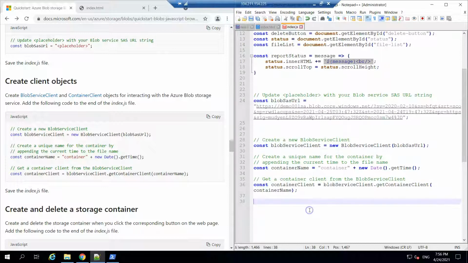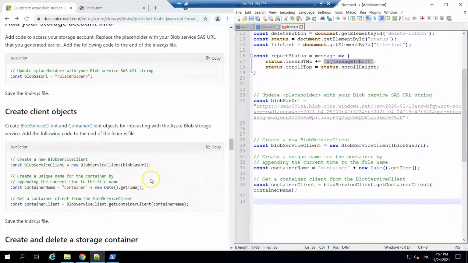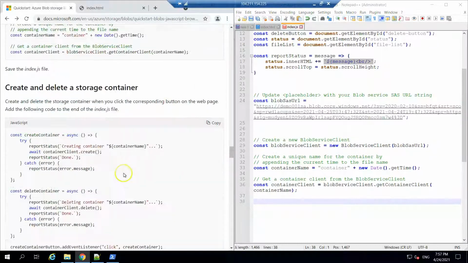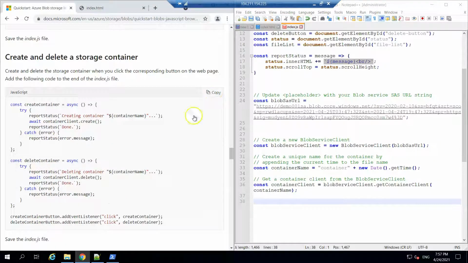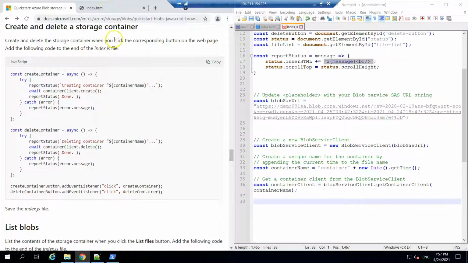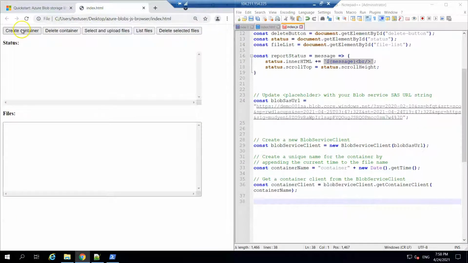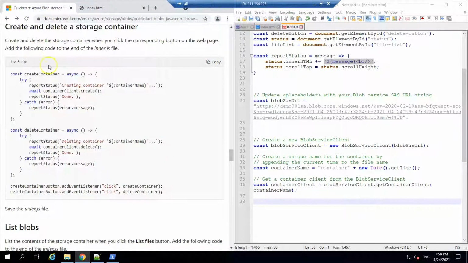Clear? And from here onwards, we can just copy and paste the code available over here as it is. As you can understand, these are tiny pieces of code which are associated with an event on UI elements. For example, if a click happens on create container button, this piece of code should get executed, which will perform the action for you.